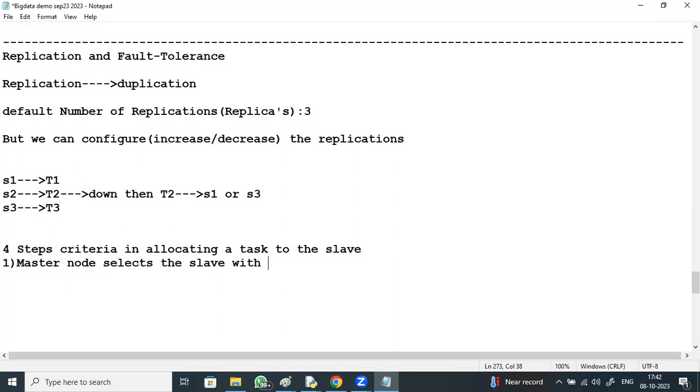It selects the slave which is highly configured, which means which has a high system configuration. If both are highly and equally configured,